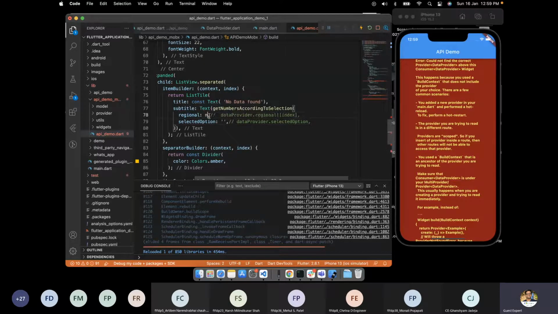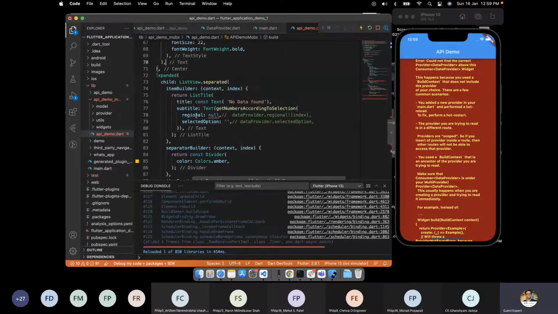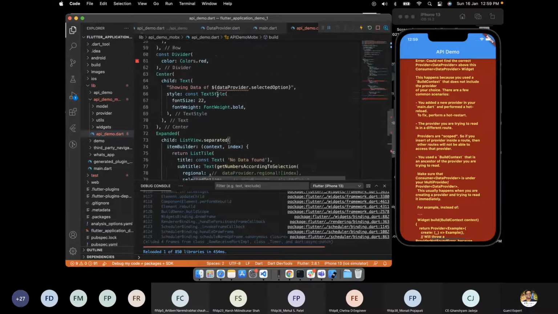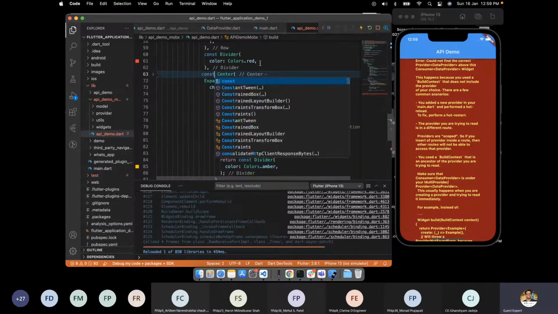Original can be null here. Okay, it won't be null. Let's see, we will put it over here. Here item count is by default 0, and okay, showing data provider. Remove this, put a const.